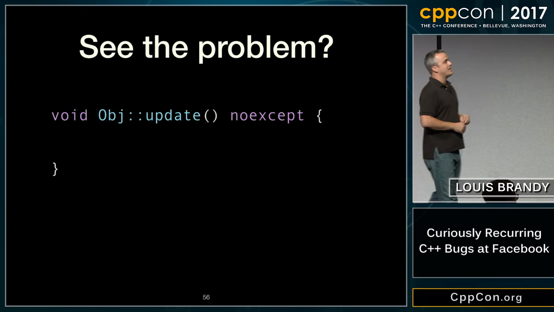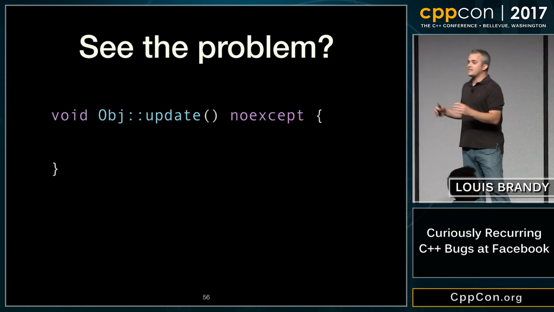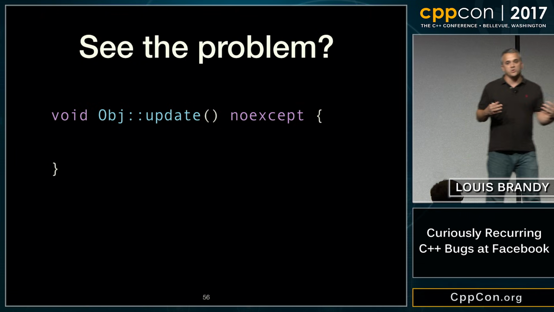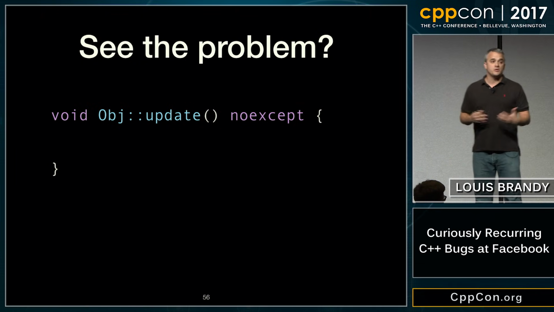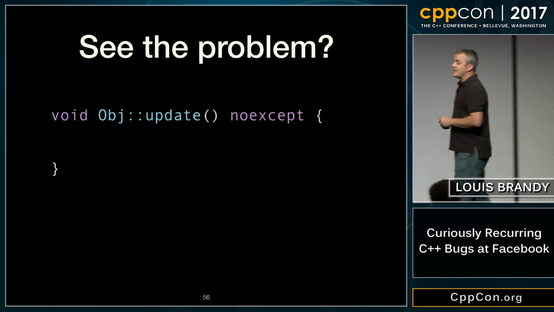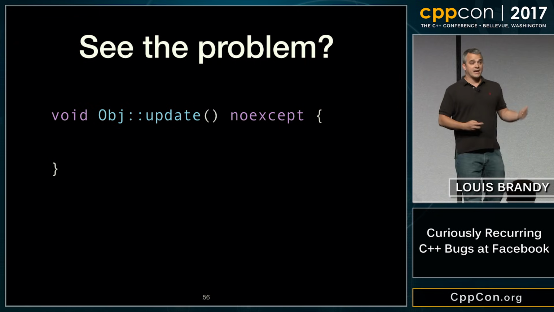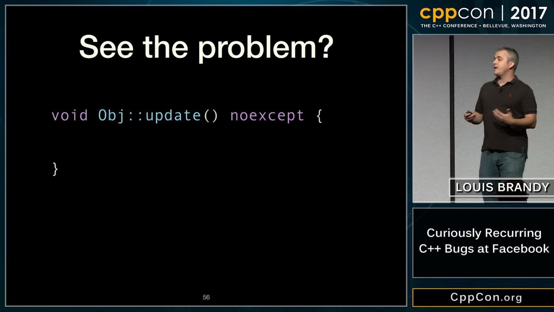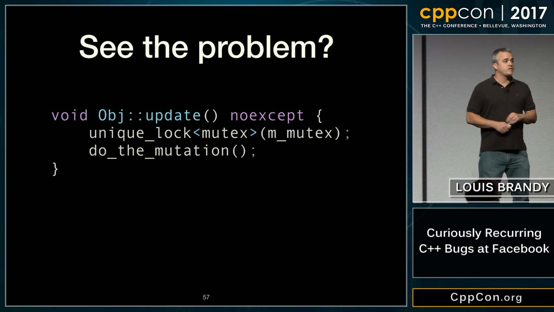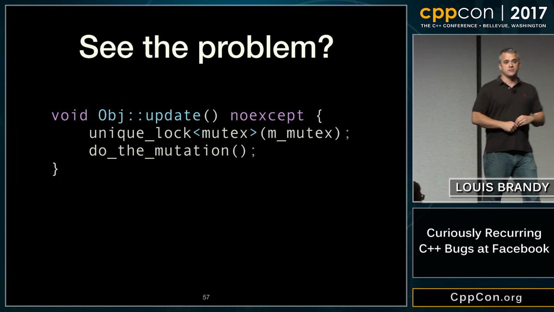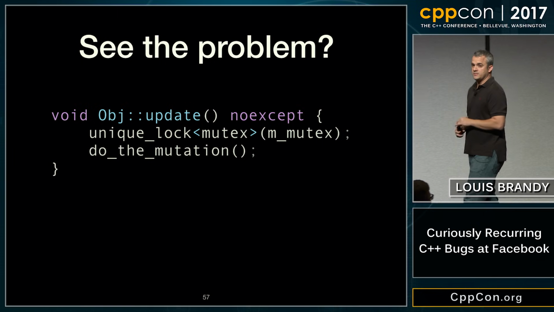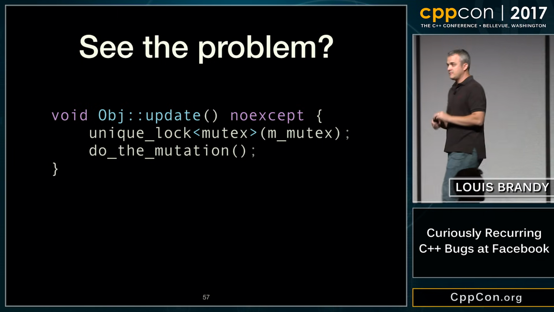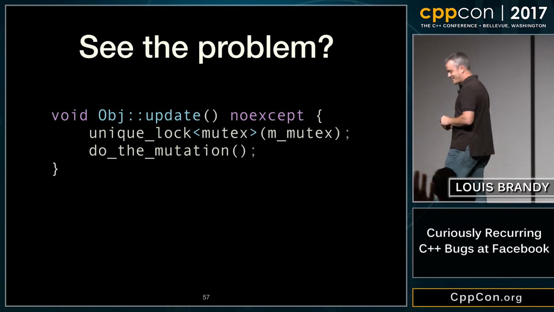And this is often what it looks like. You have an object that has an update method, and this object is meant to be used from multiple threads. So it needs to be internally synchronized. And so you, of course, have a data member that's a mutex, and on any mutating method, you have to lock your mutex, right? That's the way it works. So you lock your mutex, and then you do the mutation. Do you see? Everyone sees the bug, right? Do you see it yet? Who sees it? Only half of you, okay.